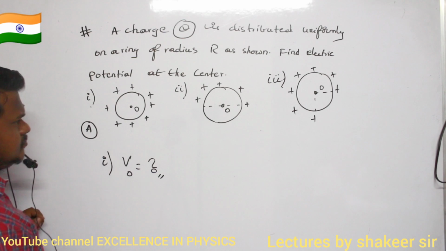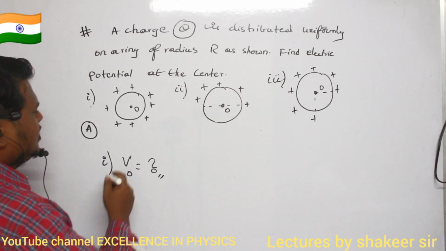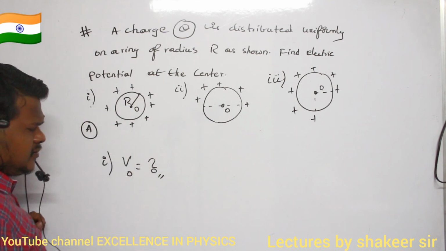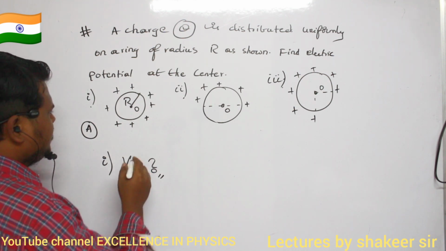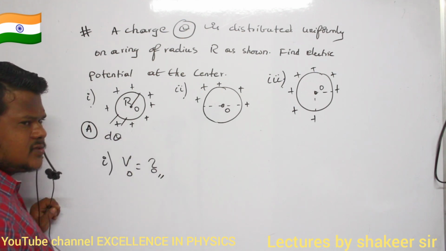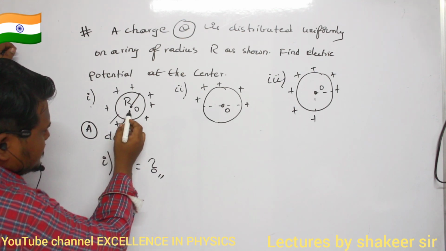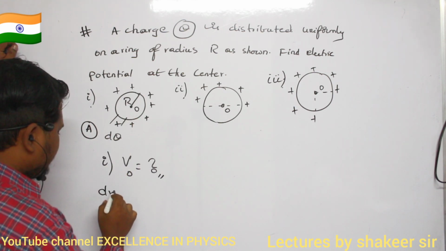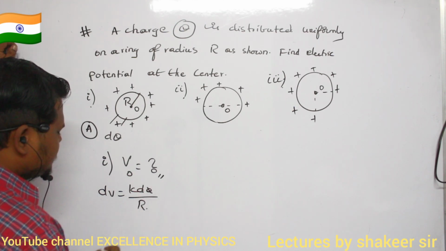Now can you say, because of the first ring, what is the potential at the center of the ring? Kq by r, that's all. This radius is r, no? So already we have done this problem. We have calculated this type of models previously. So how have we calculated? I have taken a small dq. Because of this small dq, what is the small amount of potential exactly at the center of the ring? So dV is equal to k dq divided by r. This is the formula, no?